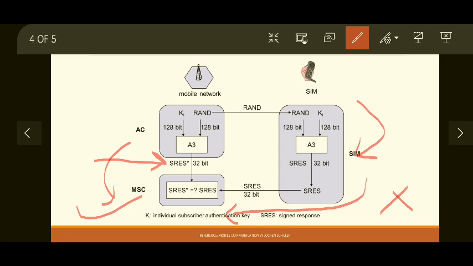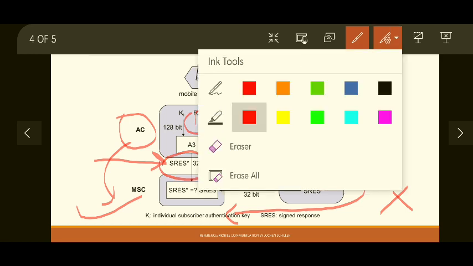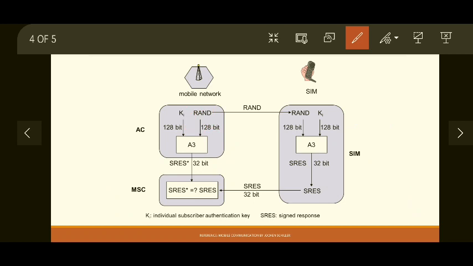Why is it called a challenge response? The access control or authentication center generates a random number and challenges the user to generate the same signed response as it will generate at its own end. I am repeating again why it is called the challenge response method. The authentication center generates a random number which is given as a challenge to the user, so that whatever signed response is generated by the SIM should match the signed response generated by the authentication center or access control.